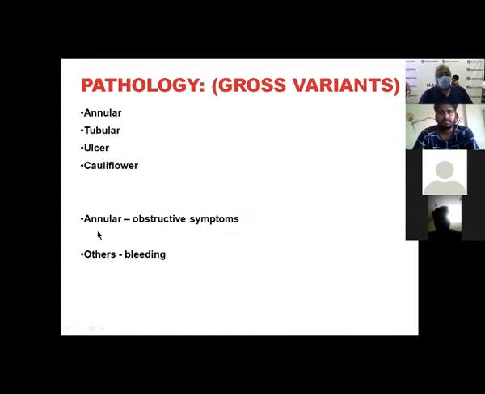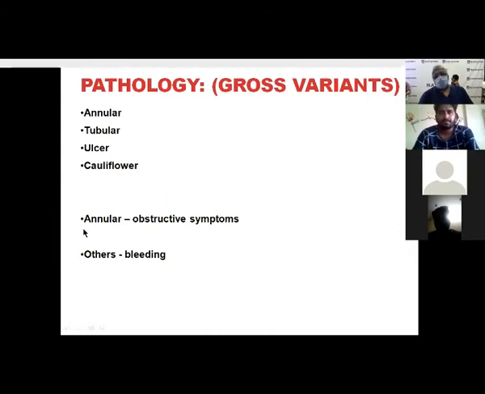Here, one thing I would like to tell you is that obstructive symptoms are usually due to a pathology on the left side colon. Very rarely does the right side colon cause them, for the following reason: the right side colon is capacious, and the contents are liquid. The variety is usually ulcerative and cauliflower type. They usually come to you with right side colon lesions with failure to thrive, gross cachexia, anemia, and so on.